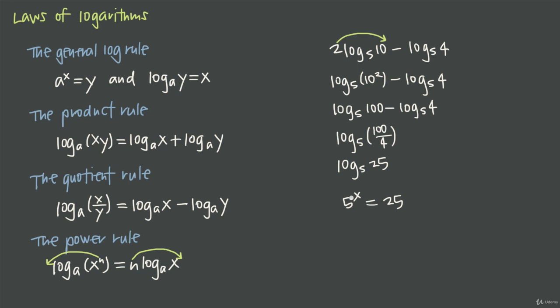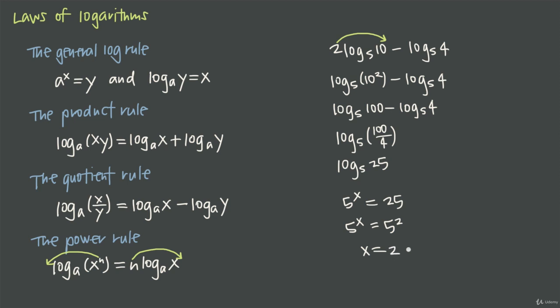Well, we probably know just by looking at this that 5 squared is 25, but if we weren't sure, we could rewrite 25 with the base of 5. So 25 we know is 5 squared, so if we say 5 to the x equals 5 squared, rewriting the 25 as 5 to the 2, the bases are now the same, which means the exponents have to be equal. So we get the exponent of x equals the exponent of 2, or